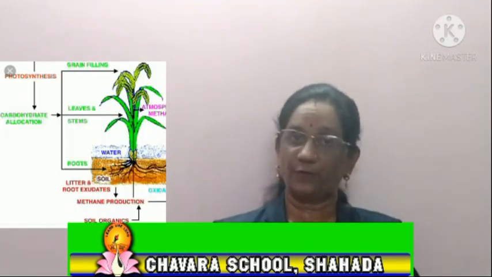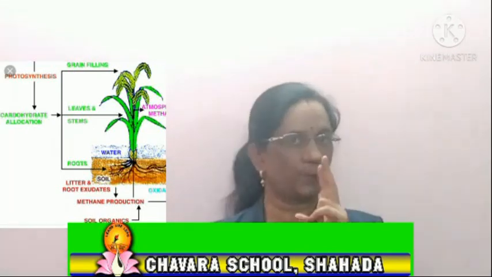The second importance of water in the plant is food production. In the photosynthesis process, two important reactants are there. The first one is carbon dioxide and the second is water. So for food preparation by photosynthesis, water is an important constituent. And in the presence of chlorophyll and sunlight, the food gets prepared.